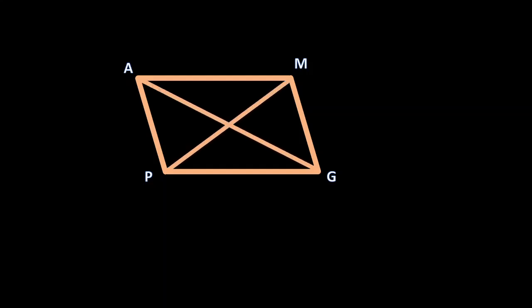So as before, imagine a parallelogram. This is a parallelogram AMGP. Imagine the diagonals. There are two diagonals. So also imagine these diagonals, and what I'm going to say is we can see that this diagonal